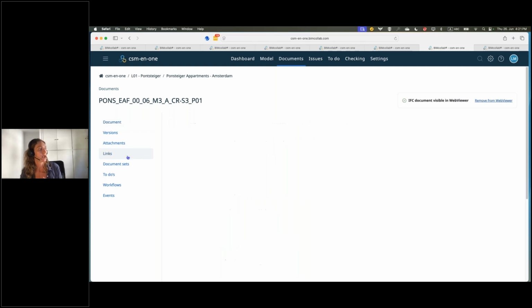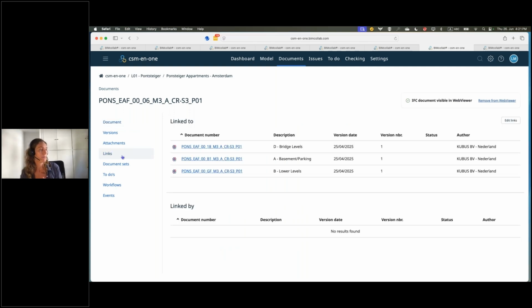In this case, you can use the links option, and I have here one part of a bigger building from the architectural team, and I have linked my other 4 parts of the architectural building from the architectural team, and I have them in one place. So if I click on one, I can see there's a dependency to the other. So this would also be the case for federated